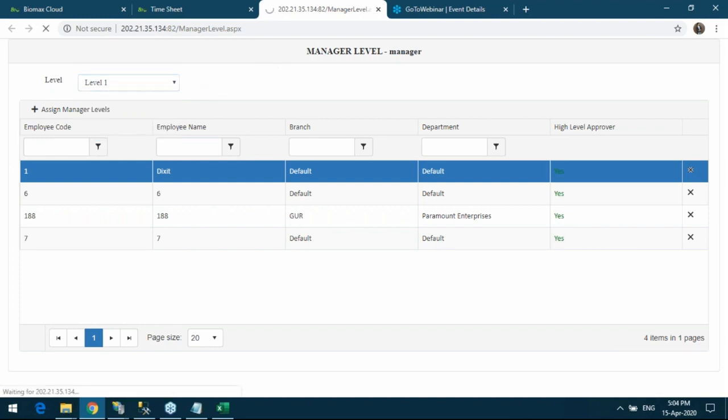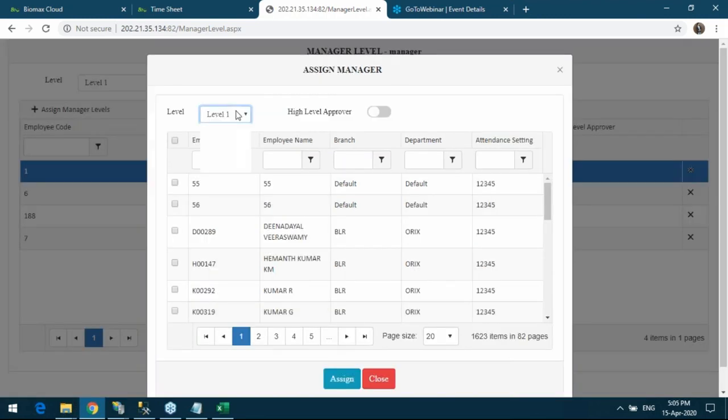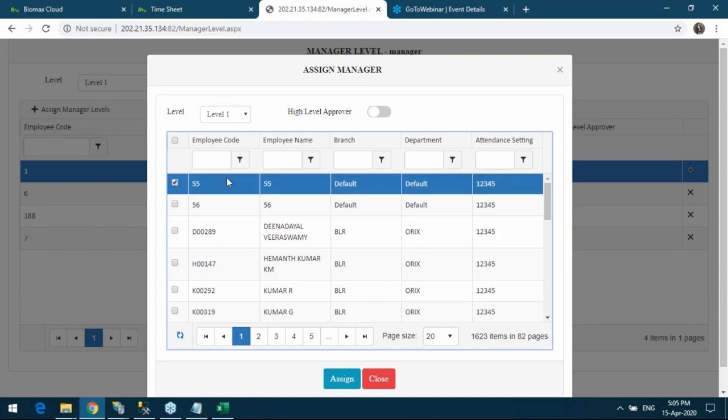If I need to create a new manager, I will go to assign manager level, select the level of the manager, select the manager, and here is a